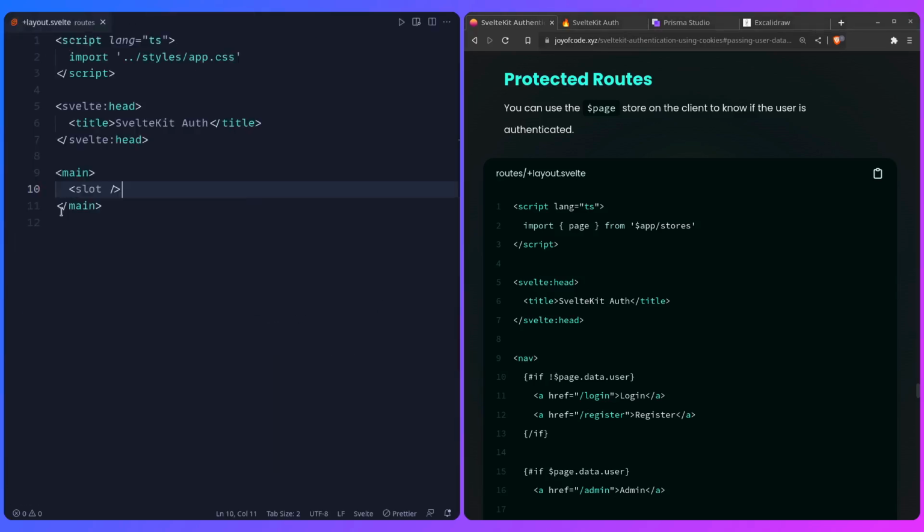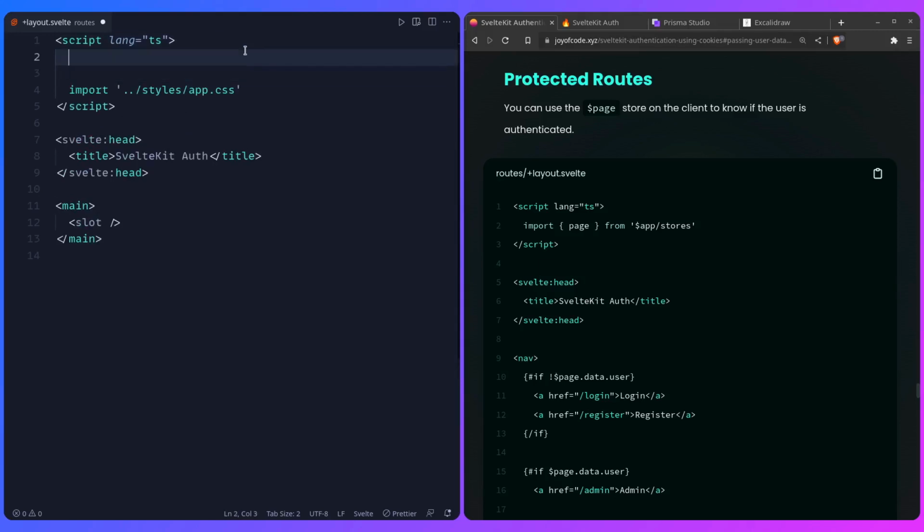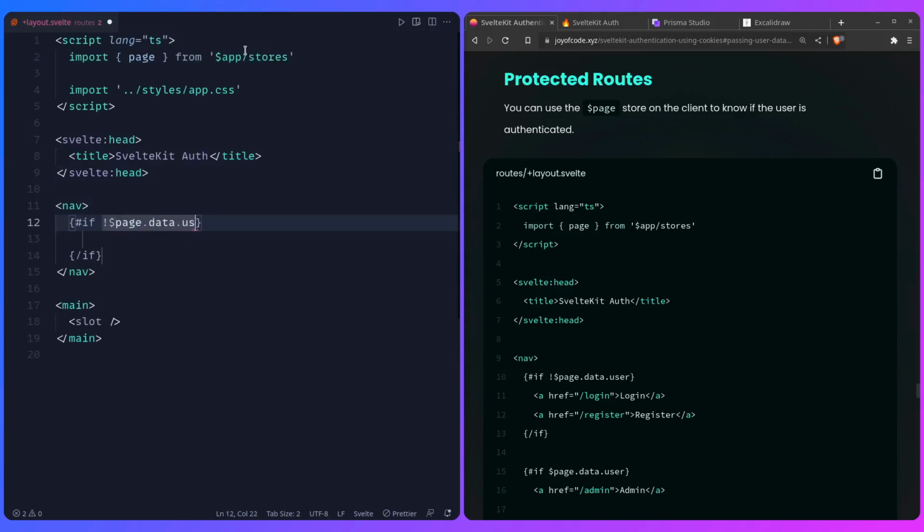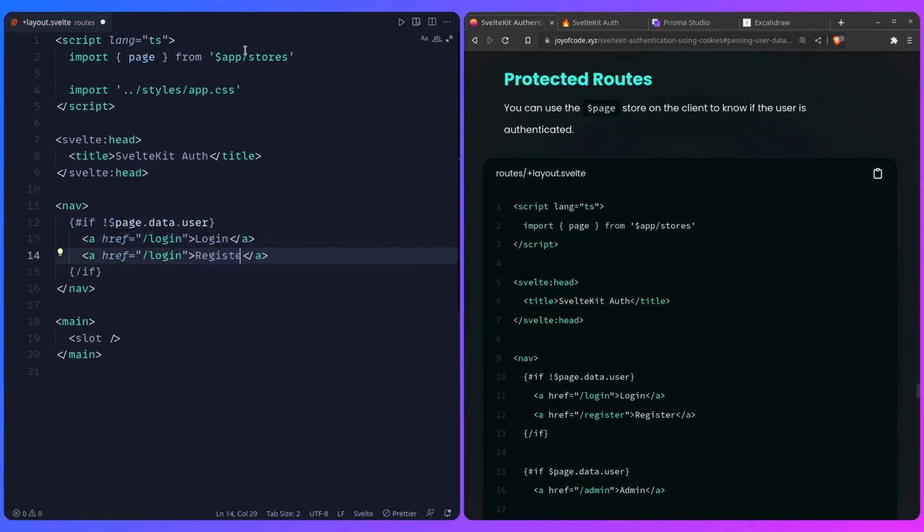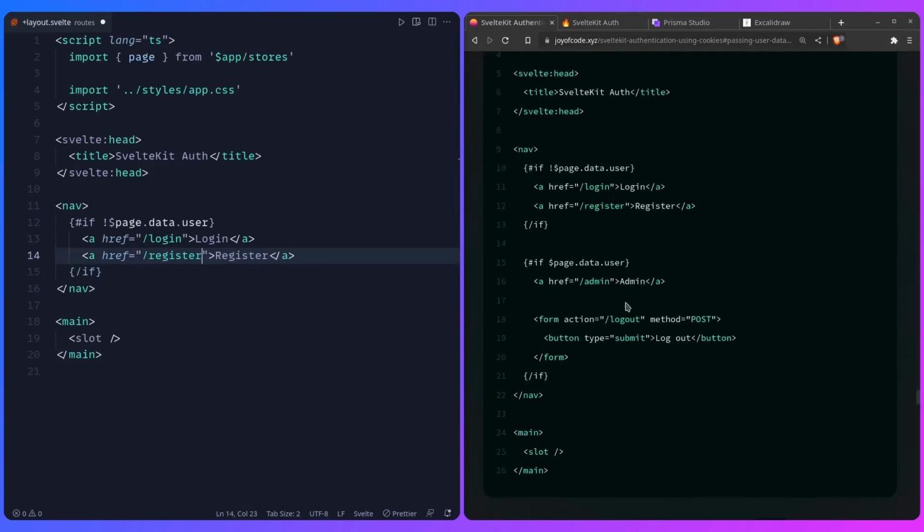Let me just open layout.svelte, and I only have styles here, the title for the page. So let me just import the page store. Remember, this is why we needed it, so we can use it on the client. So we can say page from $app/stores, and now we get access to this. So inside we can create a nav here, for example, and we can say if there is no page data user, then we can have a tag, this link, so we can say login, we can say register, and if the user is logged in, then we can show the links admin, and we can show the logout,